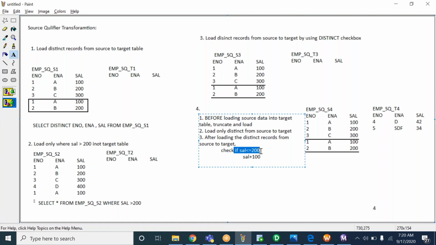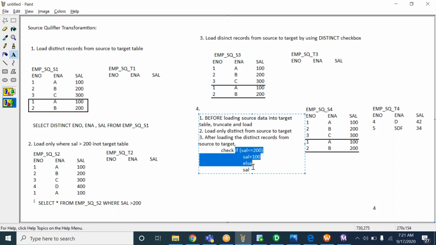If this condition is true for any record, if salary is less than or equal to 200, then we have to add 100 to their current salary. Else, if it is not less than or equal to 200, then we have to keep the same salary.